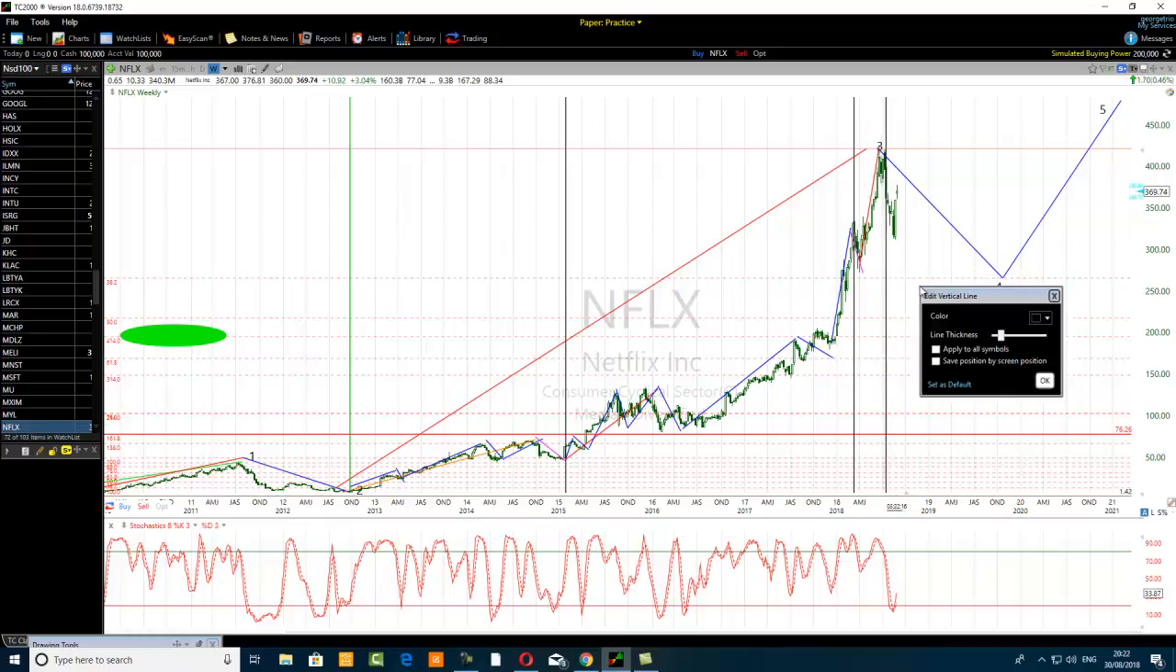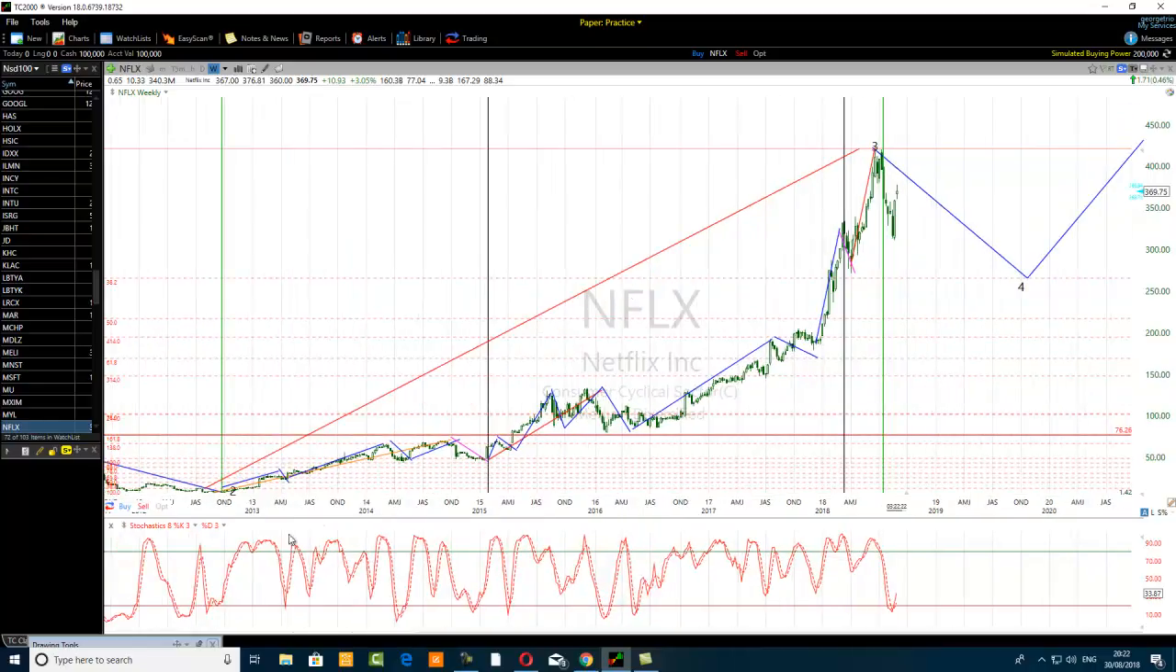So between the two green vertical lines, we have our third wave of a higher degree. If you want to see the internal waves, this is the first mono wave of that third wave of a higher degree, and this is the second mono wave of that third wave of a higher degree. The third mono wave of the third wave of a higher degree is also subdivided into 5